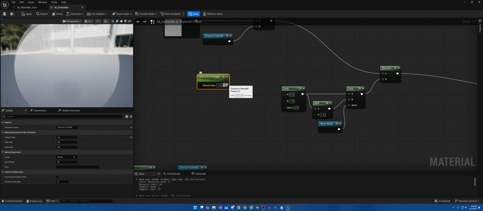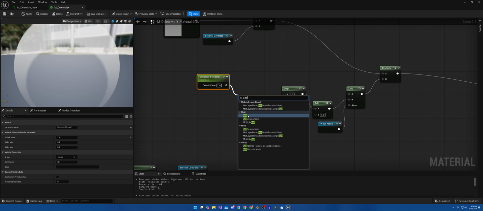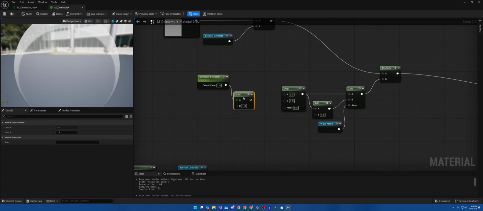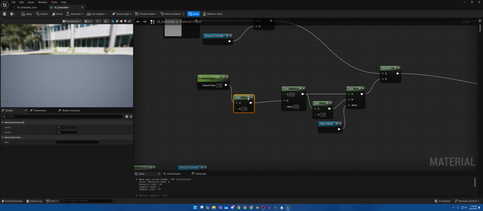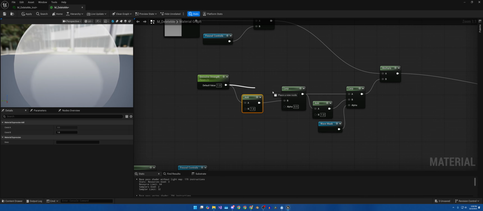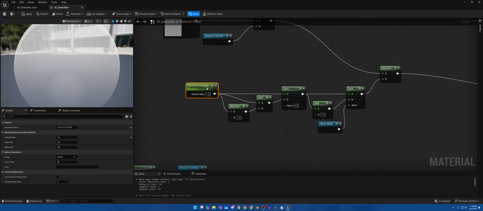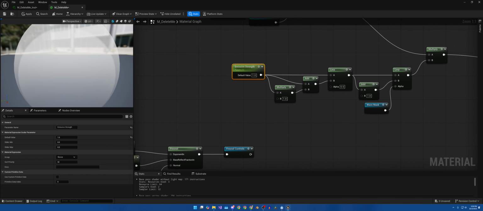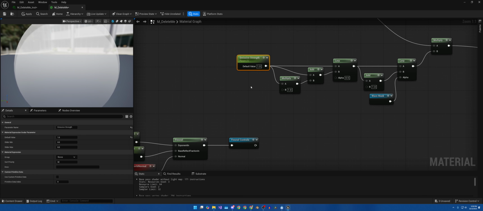And then we're going to pull out of here, get an add, put that into B here, that into A. Next, hold down the M for a multiply. Again, put that in here. We're doing this in an attempt to make sure that we have as little hard-coded information as possible, allowing